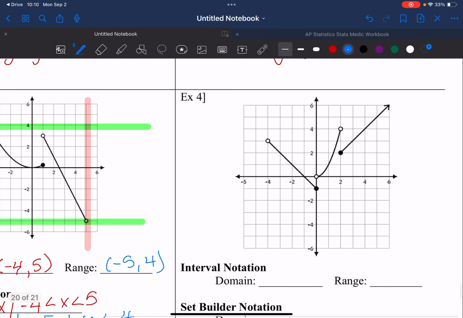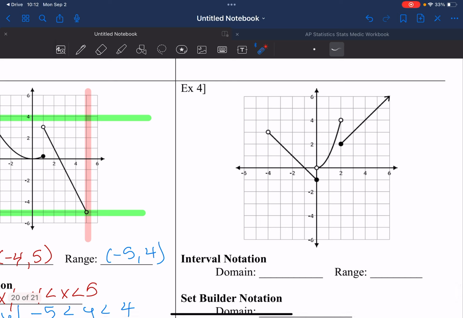Okay, now looking at number 4. Again, looking at these dots here, notice how they share the same x values. One is x equals 1, and when x is 0 and when x is 2. So looking at number 4, these two share the same x values. Since one is closed and one is open, the closed overrides the open, so that means this whole section